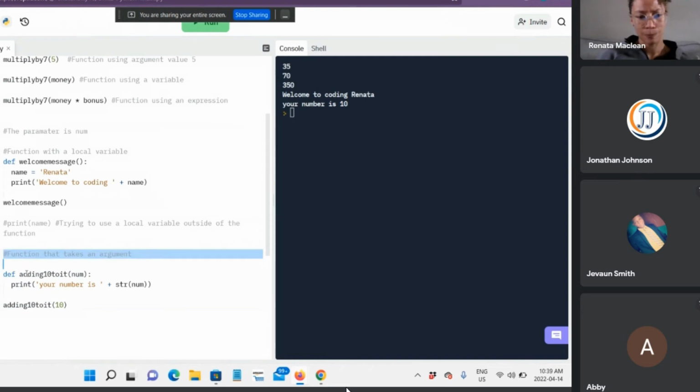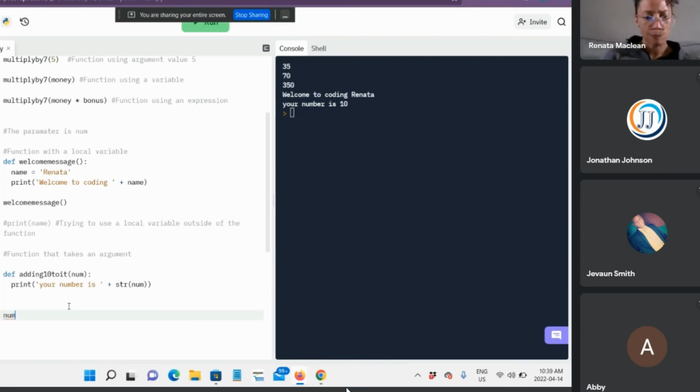So let's delete line 33. No, careful. We're not done yet. We're still coding. Yeah, we can delete line 33. We just wanted to make sure that the function works. Now let's try to use the local parameter. Press enter one more time. Let's get some more space in our program, right? We're going to try to use a parameter which is num. Let's try to use that